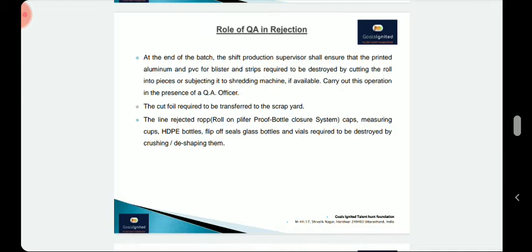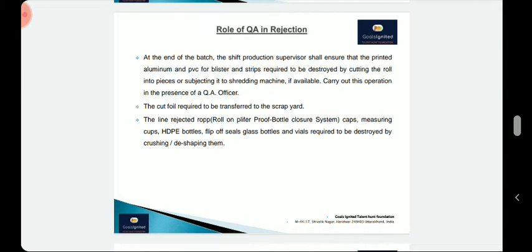So we can ask the supplier of the packing material to come to the site, and in the presence of the QA, in knowledge of the head quality assurance and the plant head, he is required to have proper sorting if possible. If possible, then the supplier may be asked to have proper sorting of the good and the bad, and the bad and rejected ones are required to be destroyed in the presence of the quality assurance on the site. The supplier is not required to take back any of the printed packing material from the site.